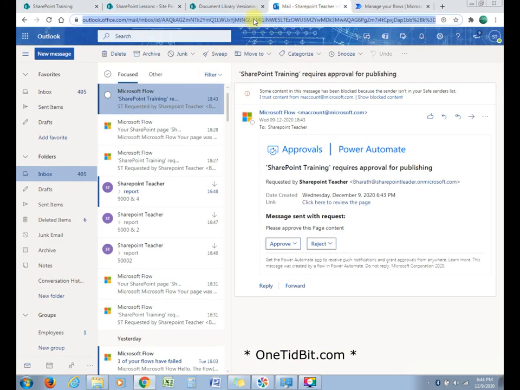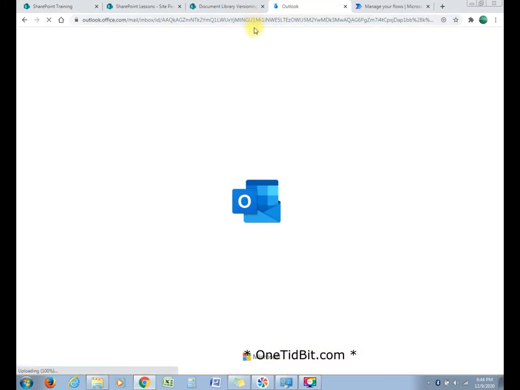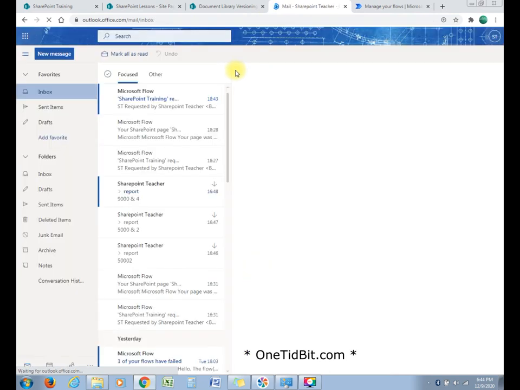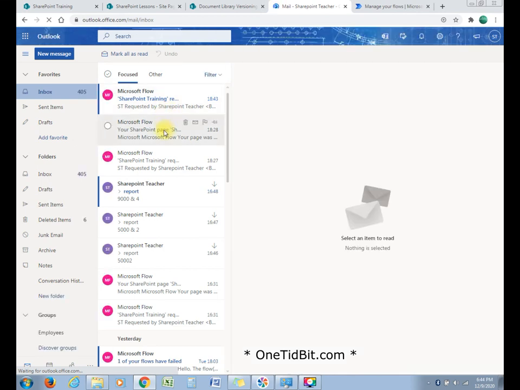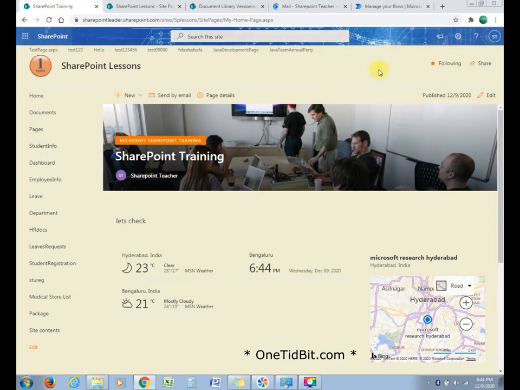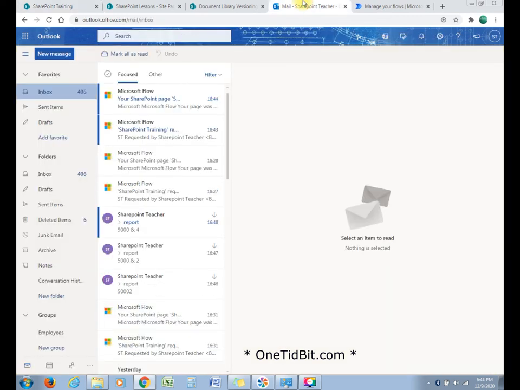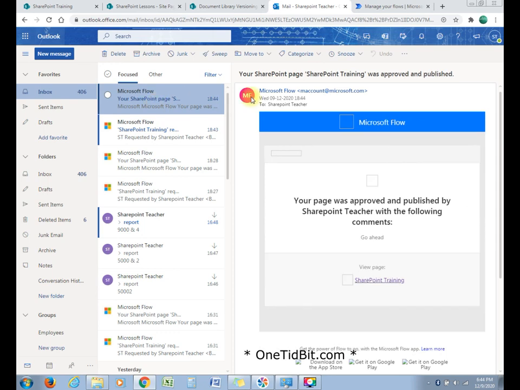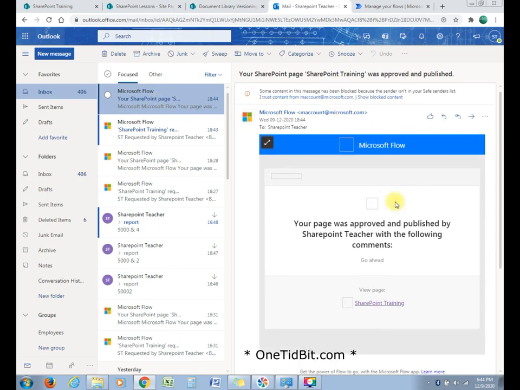Let's wait for some time. Now just go to this home page and see, published is there, and we got one more email saying our SharePoint page was approved and published along with the comments here.